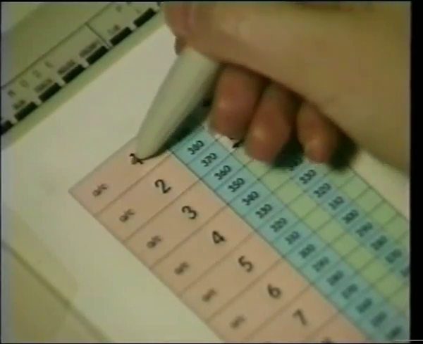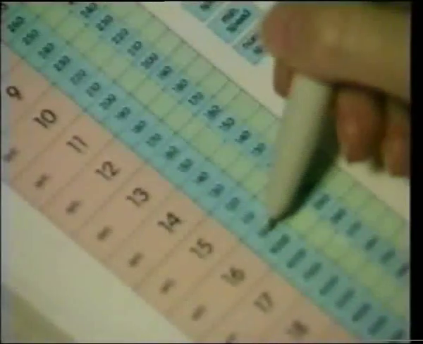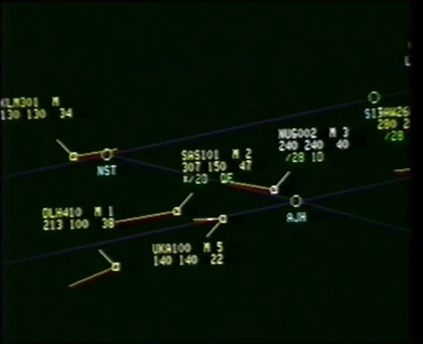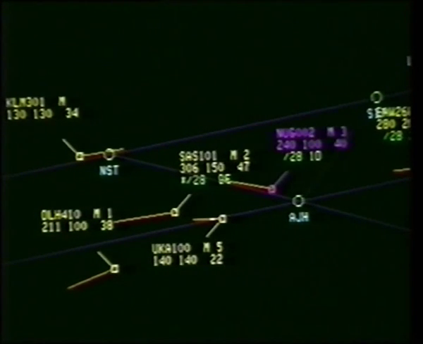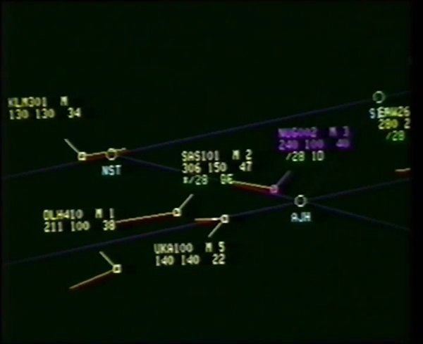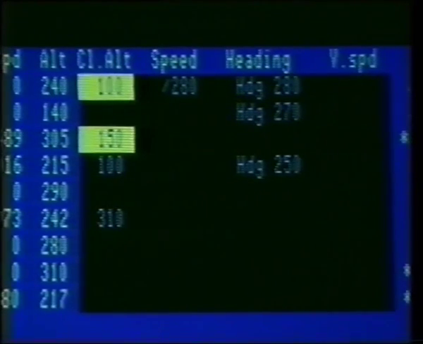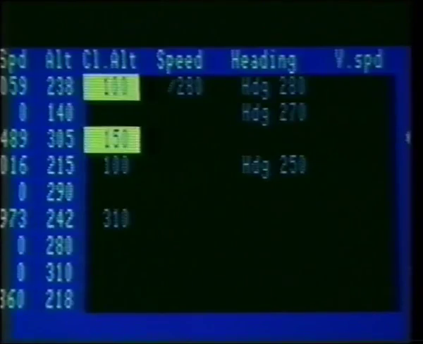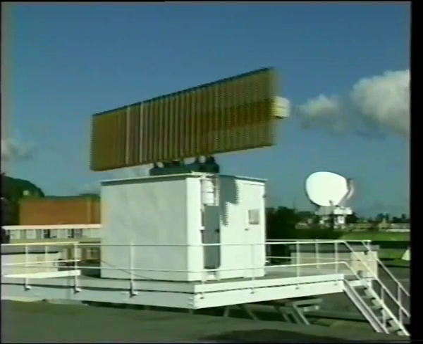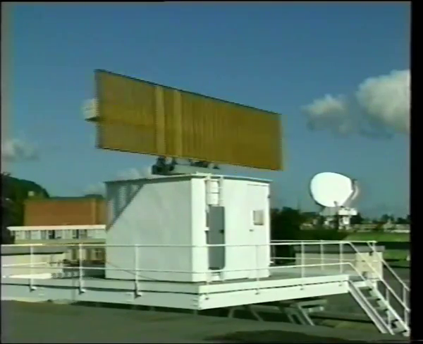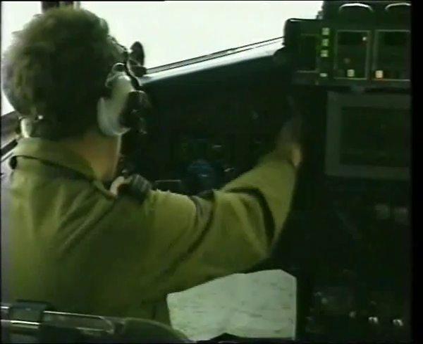As flight level 100 is instructed, let's examine the sequence in more detail. The input instruction to descend is confirmed in a strip at the bottom of the screen prior to execution. The aircraft label changes accordingly. On the EDD screen, the instruction being passed to the aircraft is highlighted in yellow. Now being uplinked by the DALAP and ACE processors, the instruction arrives on board the aircraft via the datalink processor.